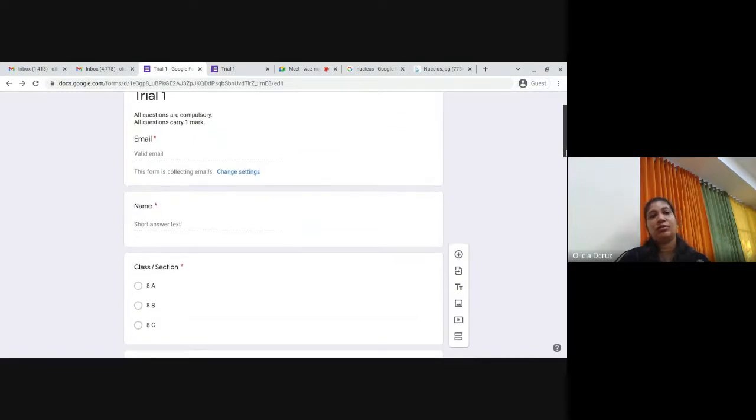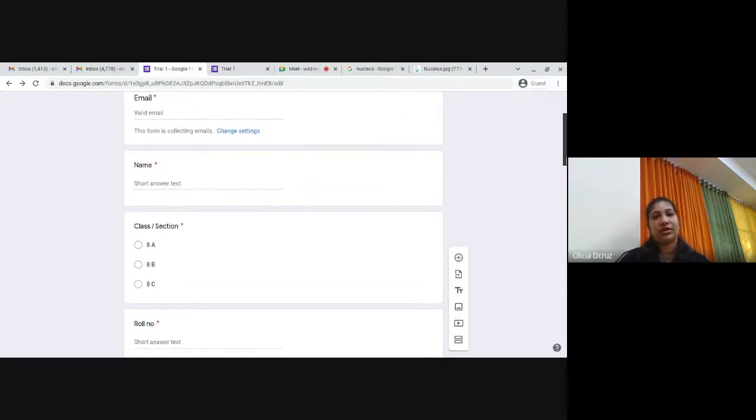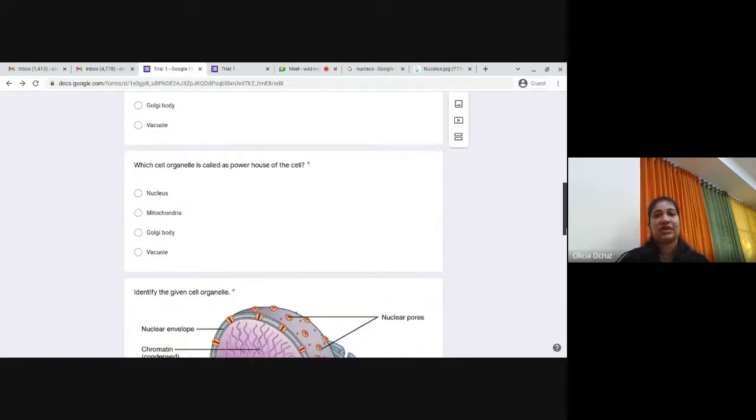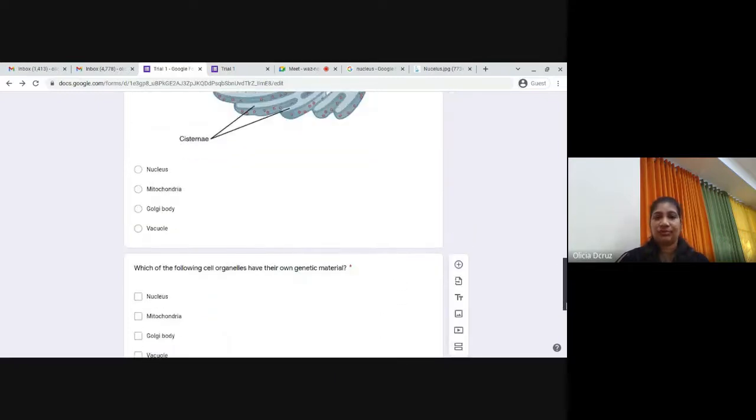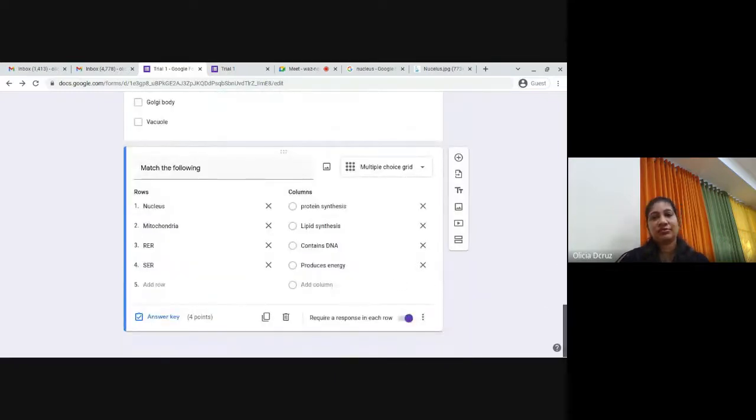If you want to go through the form again, if you want to go through the answers again, you can add subjective type of questions. When you're adding subjective type of questions, you have to go through the answers again, because in subjective type of questions you can only add certain keywords, and the sentence case or the lower case, all these things matter a lot when you're writing the answer.